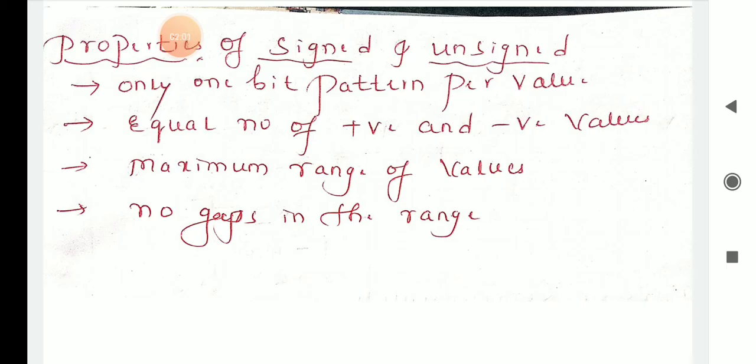Second, equal number of positive and negative values. It may be positive or negative values, so that should be equal. Third is the maximum range of values; it should have maximum range. And last is no gaps in the range, so there is no gap in that range. These are the properties you have to follow for signed and unsigned integer representations. Next we will move on to the